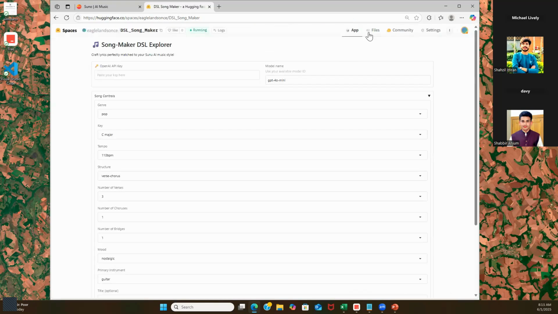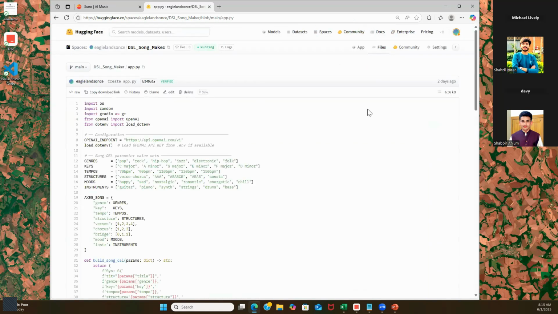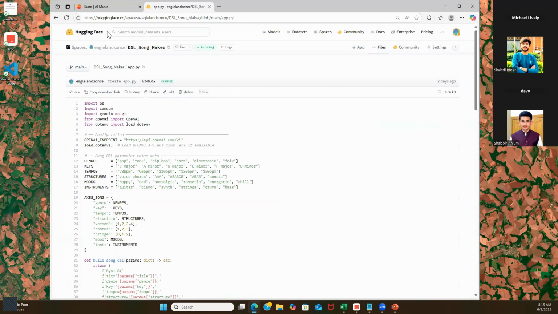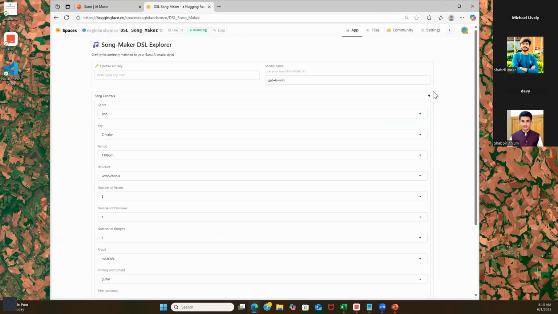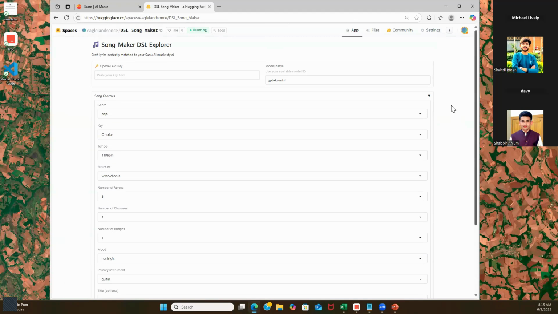Once again, everything I do, guys, is open source. So you can just go to the file and take a look and see how the code was written. And of course, I didn't write a single line of code. It was all prompt engineered. So there you go. But the ideas are mine, and that's what's so powerful here. If I go to the application, I have the ability to create 192 million songs from this application, and it can be any genre of whatever you want.